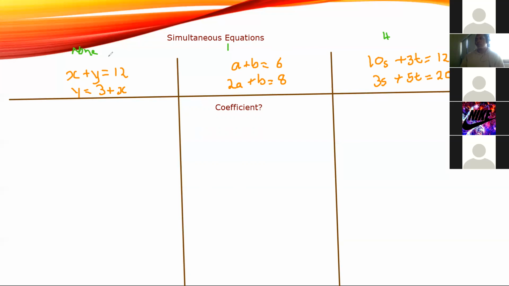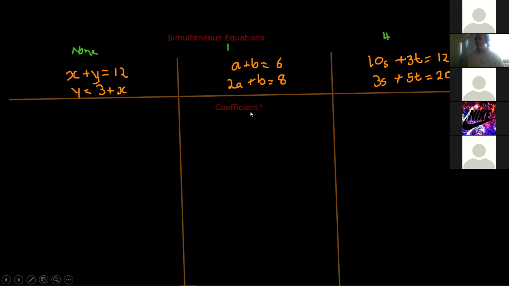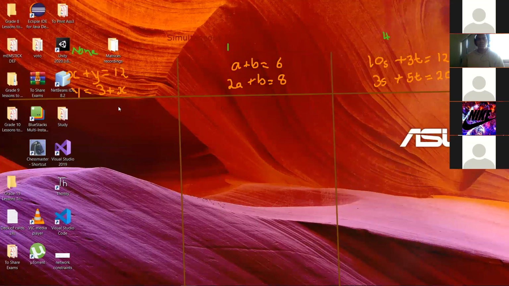We've noticed that the letters change, the variables: here's X and Y, the variables are A and B, the variables are S and T. This one has no coefficients, this one has 1 coefficient, and this one has 4 coefficients. And those are also what we are looking at. So all of these things I'm mentioning